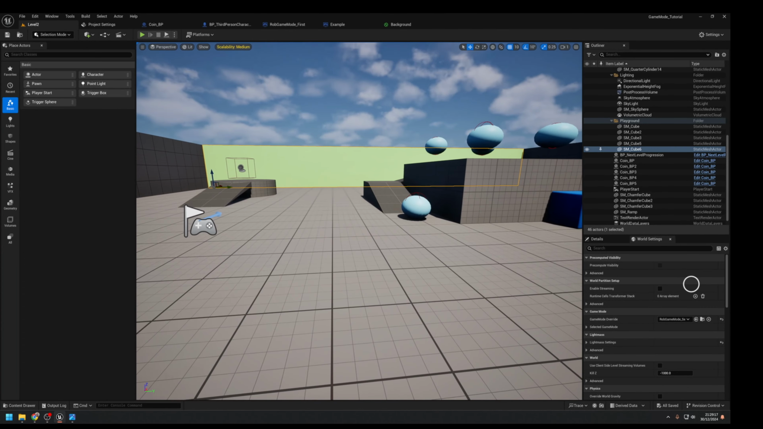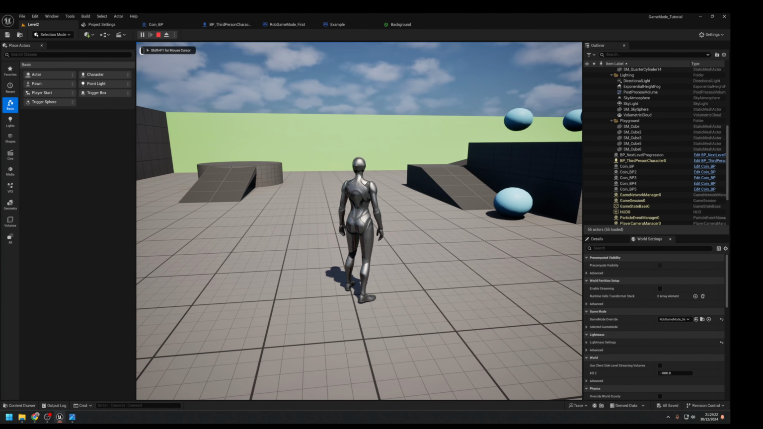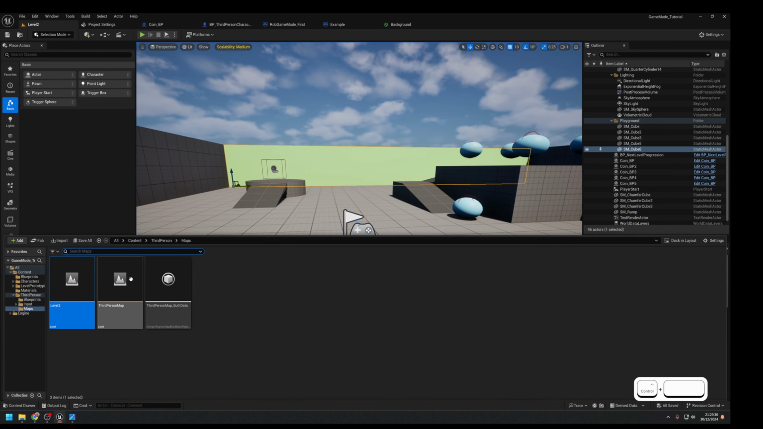So obviously, as it stands, if I press play in our second level, it will say 0 Rob's game mode second. So it's loading a different game mode and it's not carrying any value. Now, if I go back through the first level